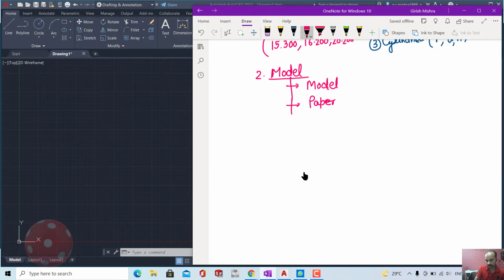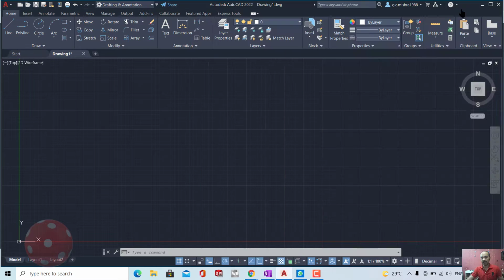So we are moving to the third one now, and that third one is called grid. If I come to the screen, you can see that a graph paper-like structure is appearing in the interface. A graph-like structure in the workspace is called a grid. And you can control the size of the grid, and you can control the size of the workspace also.